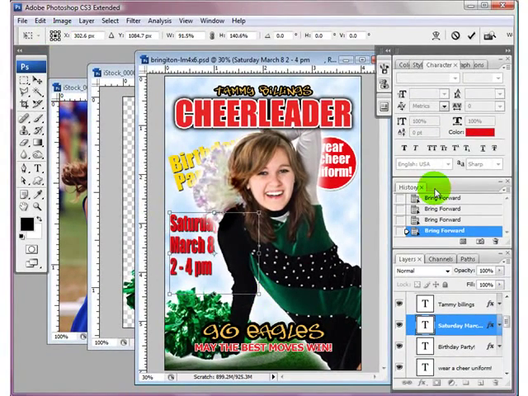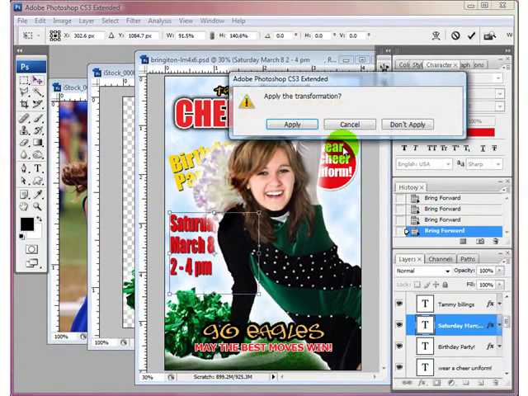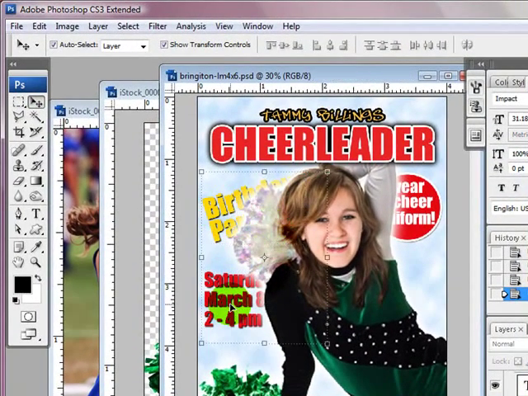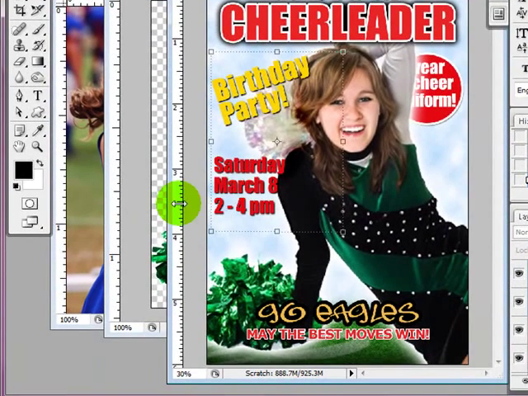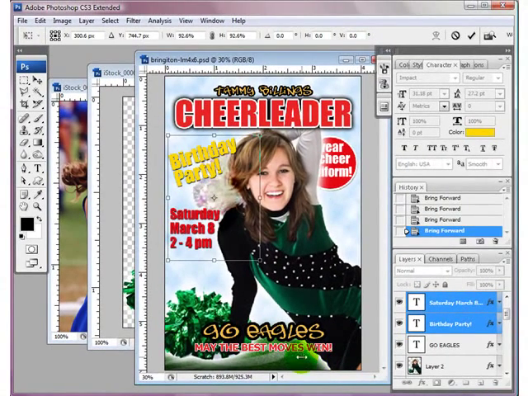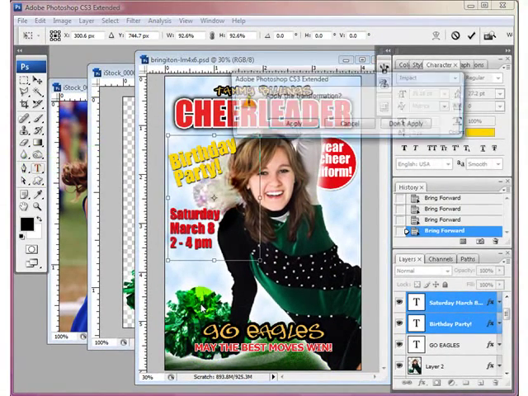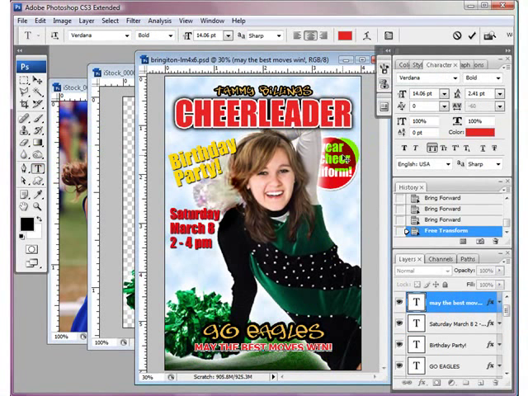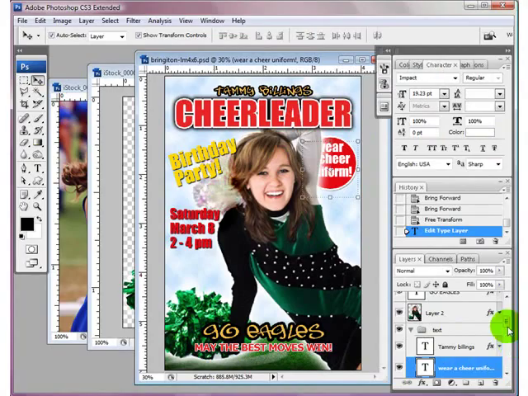Oop. Let's go back. Don't apply. Okay. Let's see what this looks like if I take it above. That doesn't look too bad. And then I'm going to do shift and make it a little bit smaller. And then down here I could put an RSVP number for the party, names,